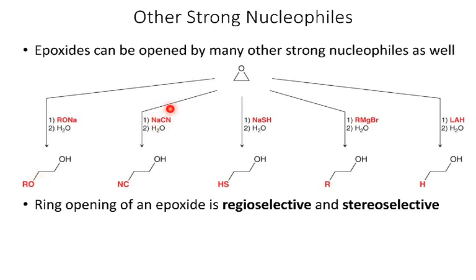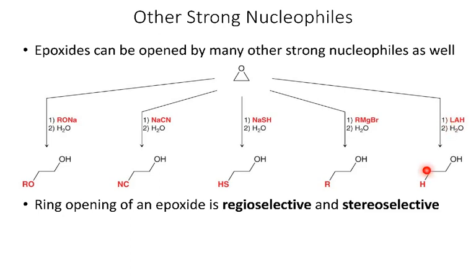Or cyanide ion is also a strong enough nucleophile, and so that'll add a CN and then the OH from the epoxide. Or we can use SH minus, where we're going to add an SH and then the OH from the epoxide. We can use Grignard reagents, where we're going to add an alkyl group as the nucleophile, or these hydrogen sources. So